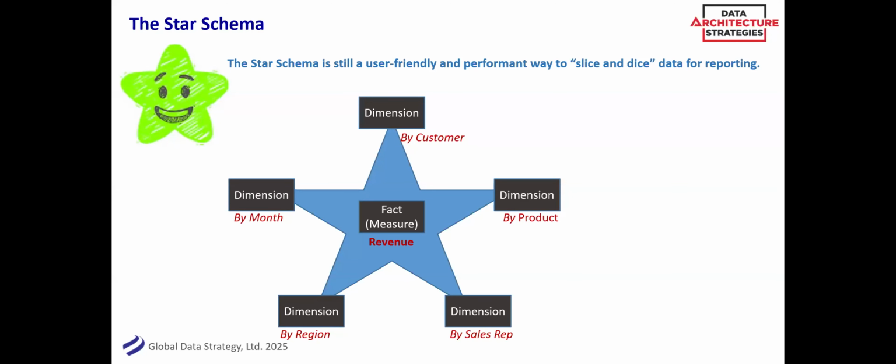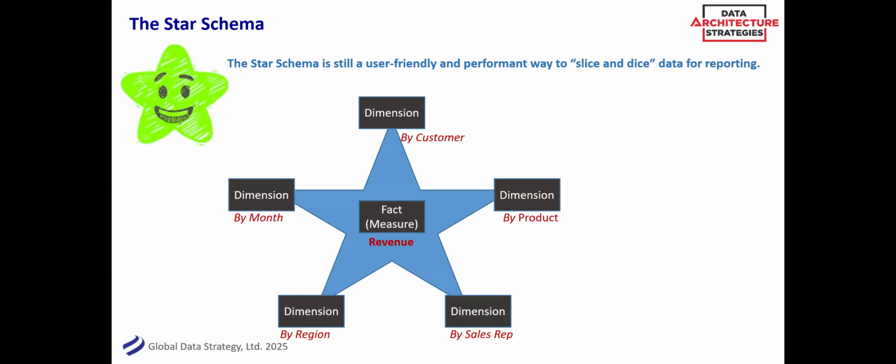So they call it a star. Kind of looks like when you do a data model. The facts are the things you're measuring, right? I want to count revenue by, and those tend to be your dimensions, right? I want my revenue by customer, my revenue by product, my revenue by etc.